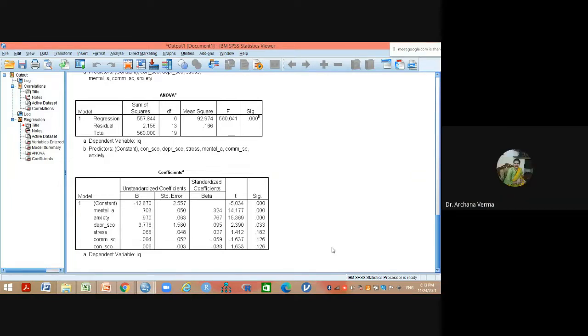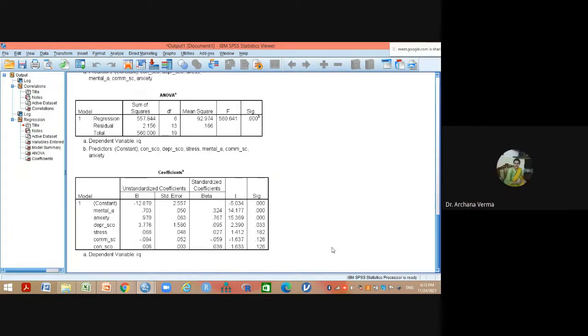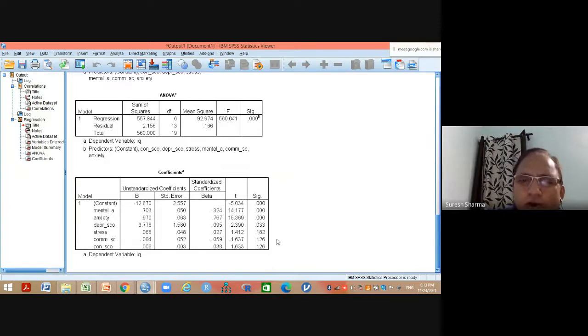सर निकाल देंगे। निकाल देंगे, वेरी गुड। तो इनको निकाल देना चाहिए जिनकी कंट्रीब्यूशन नहीं है, यस और नो? Yes sir. Yes. So they should be thrown out of the model. So one way is that when you run regression the next time, you should not include stress, you should not include communication score, you should not include convolution score also. That is one solution. But that is not a right thing to do.